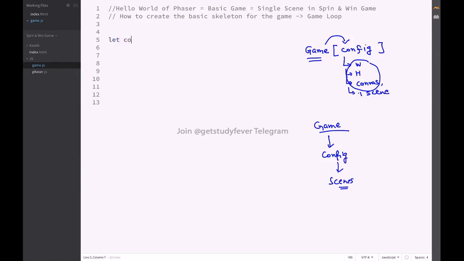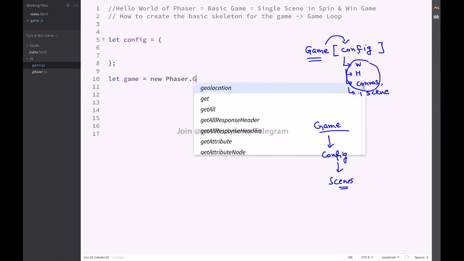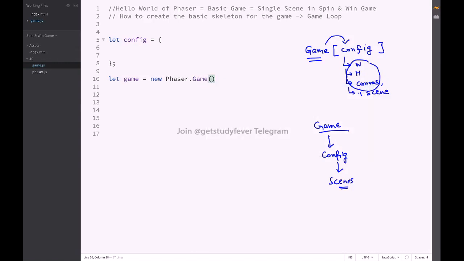Okay, so firstly we will create a config object. Okay, and then we can create the game object. Okay, so let me show you how to create a game object. It will be new Phaser.Game. Okay, so since Phaser is a framework, it provides us a basic skeleton. So Phaser has a game class, and we need to make an object of that class to initiate a new game using Phaser. And let me give the config object here, and here what I will do, I will basically